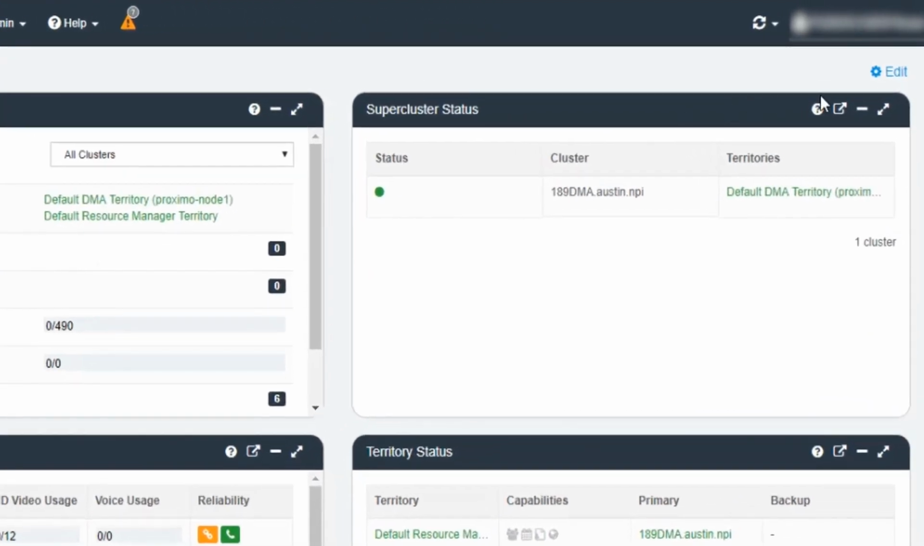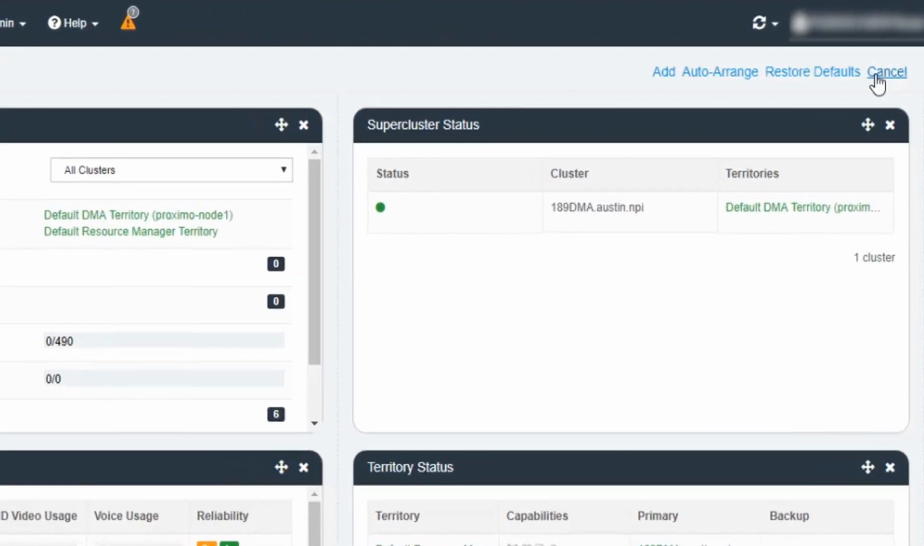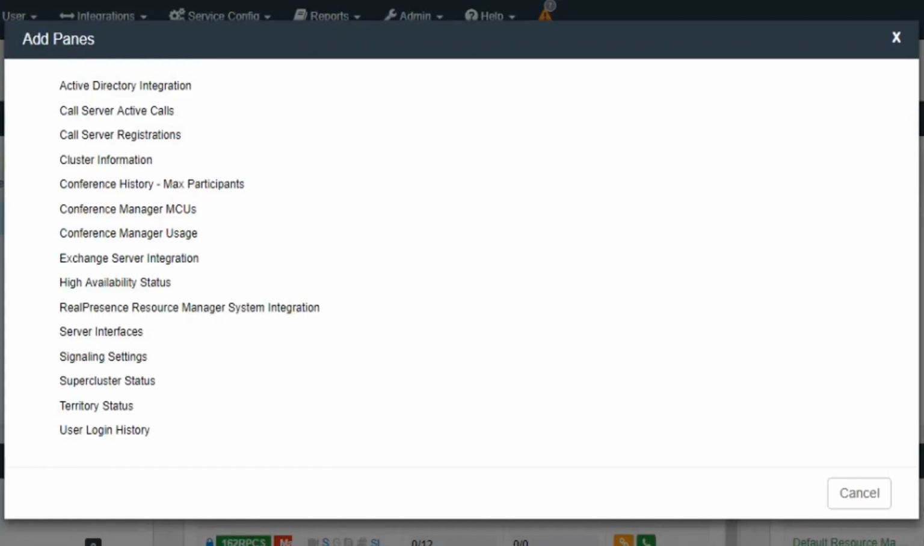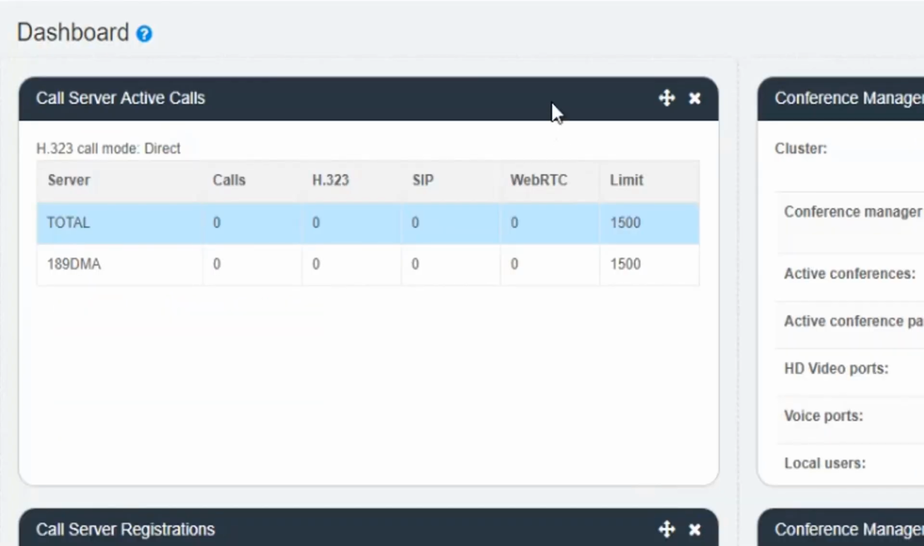Notice the Edit button in the top right corner. Press it, then click Add to add panes. This function allows you to choose several options to add to the dashboard. One frequently used pane is the Call Server Active Calls pane. Here you can see the number of active calls for each protocol and also see the maximum number of seats